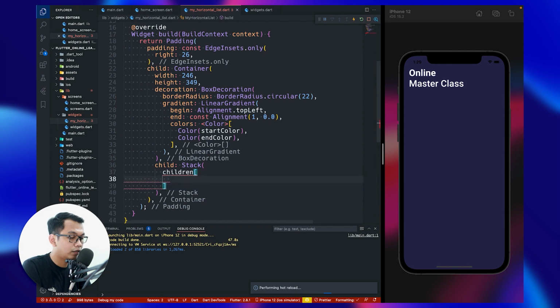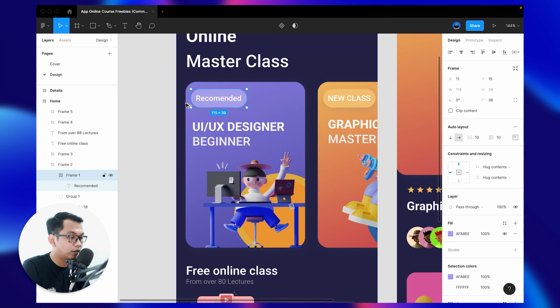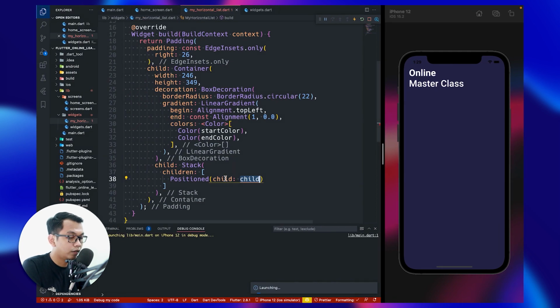Inside this children, we can call the first widget, a position widget. We can see this one is 11 from the left and 15 from the top. So we say right here, inside our position widget, left 11 and for the top is 15.